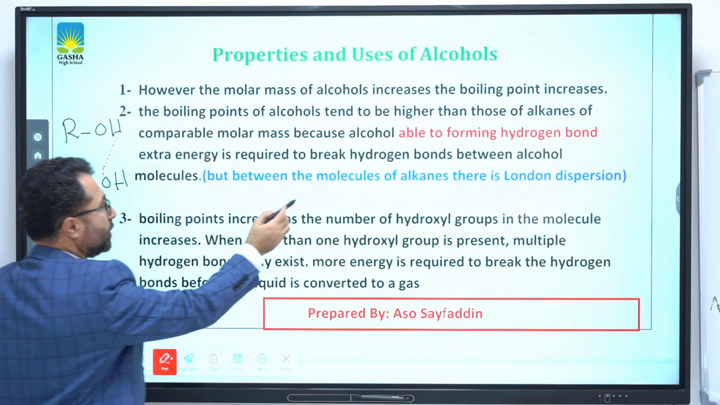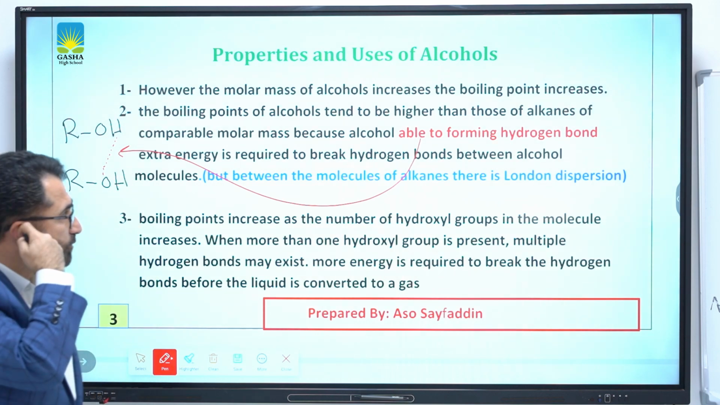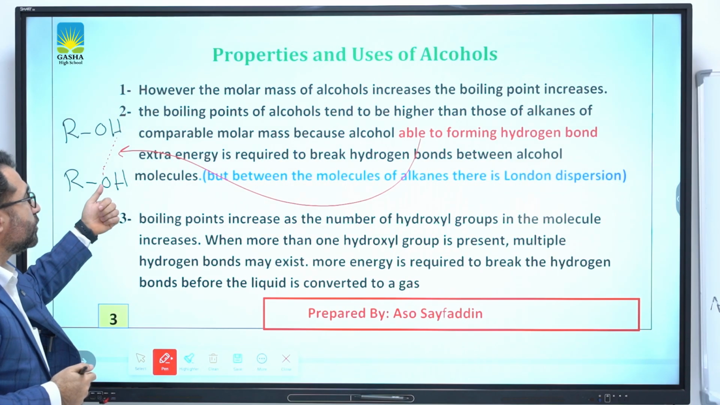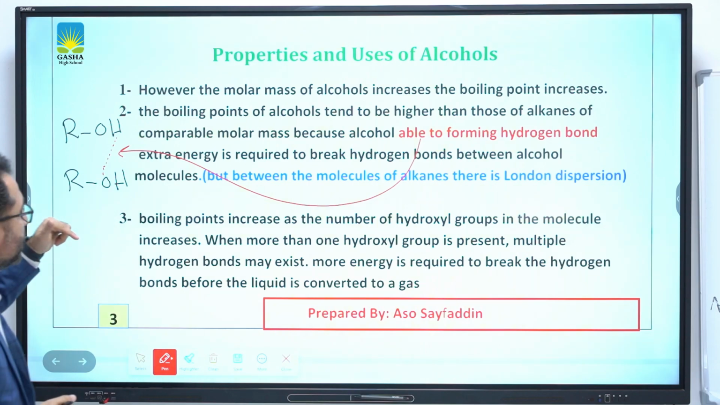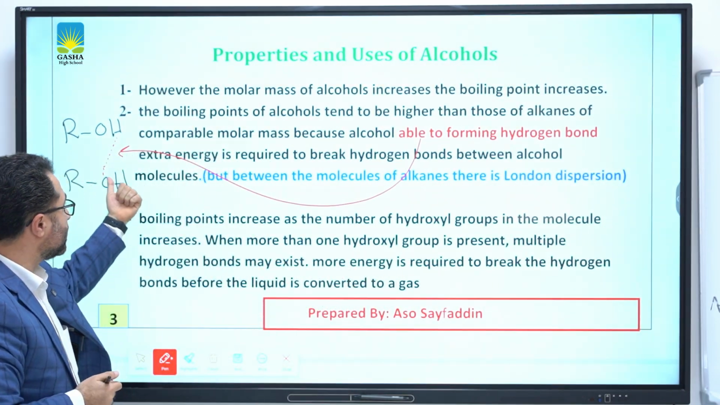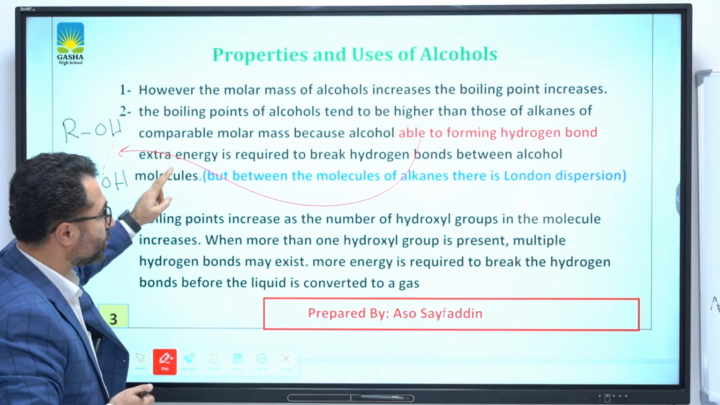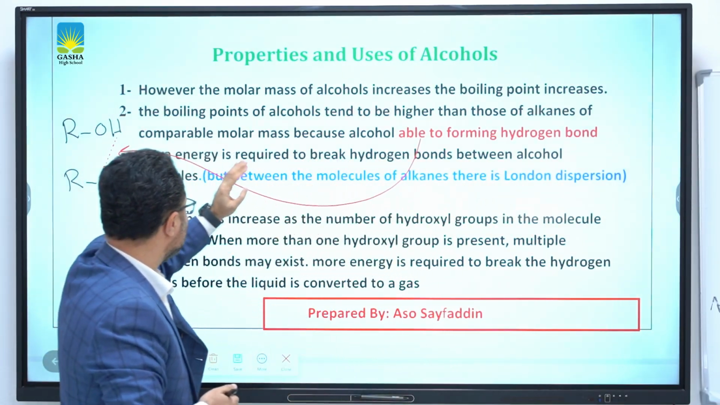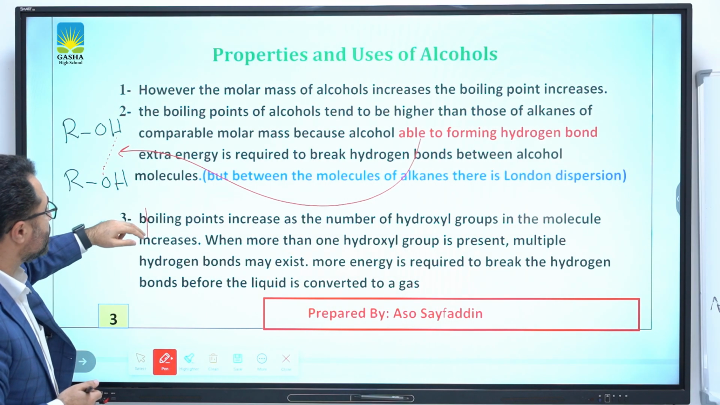We have hydrogen bonding. This hydrogen bonding is so strong, so it needs more energy, extra energy, to boil it. So which one has the higher boiling point, alkane or alcohol? Of course, alcohols have the higher boiling point, because between alkanes we have no hydrogen bonding, just a weak London force between them. So the boiling point of alcohols is much more than